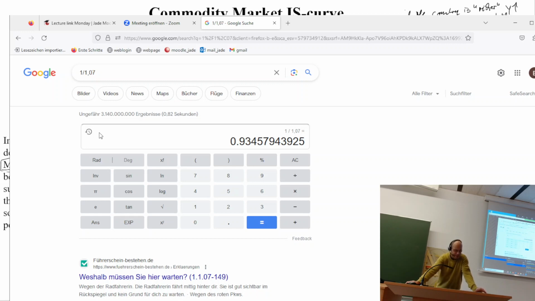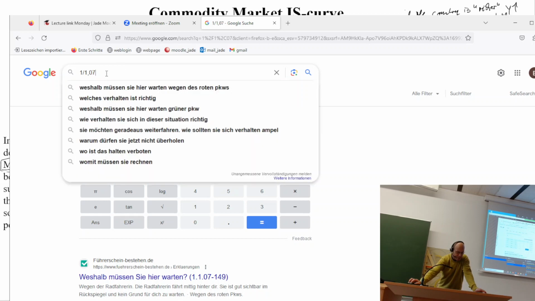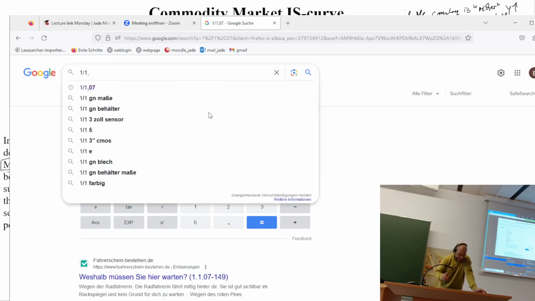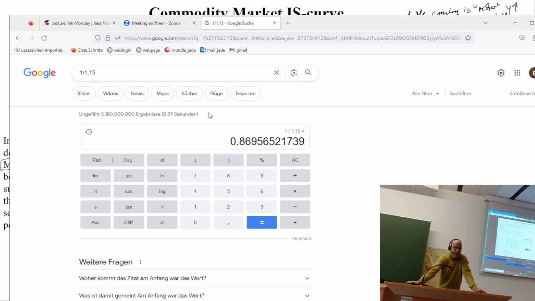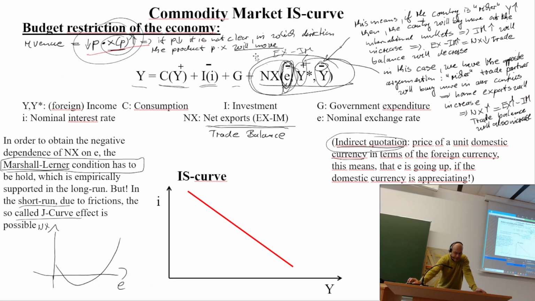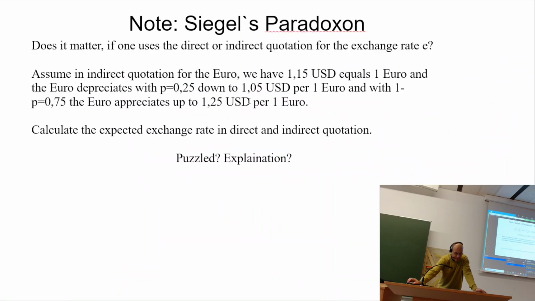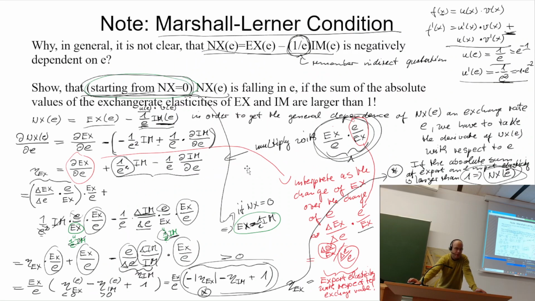If we, for example, would take here an exchange rate of 1.15, then we do not end up with 0.85, but here with 0.87. Yeah, and with this dependence, we derived after a longer calculation that we had done here